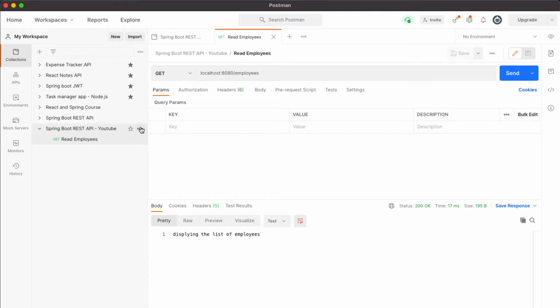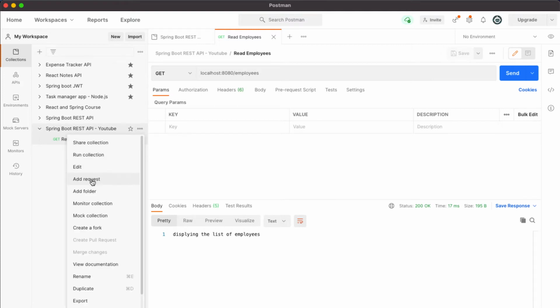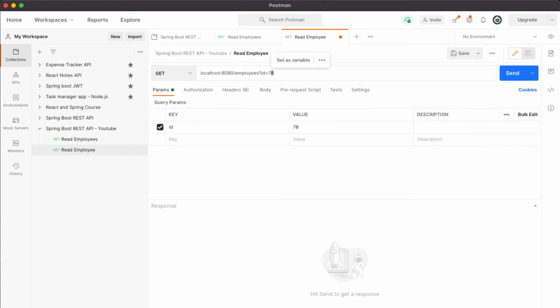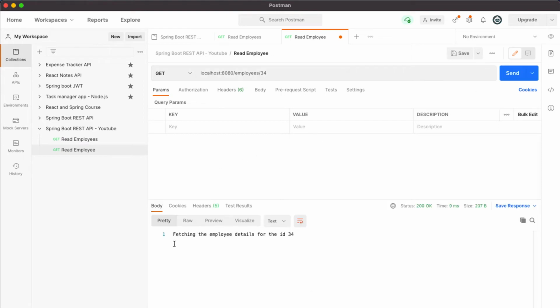So you can just click on this add request, click on this pencil icon and provide the request name which is read employee, and this will be an HTTP GET method, and localhost:8080/employees/ the employee ID which is 34, and when I click on this send we should get the response fetching the employee details for the ID 34.